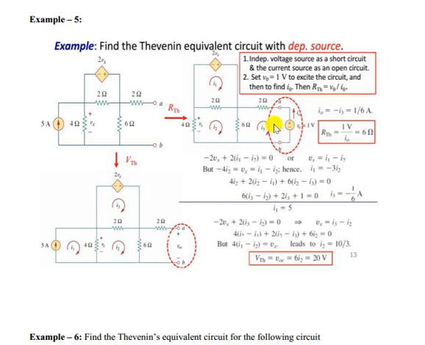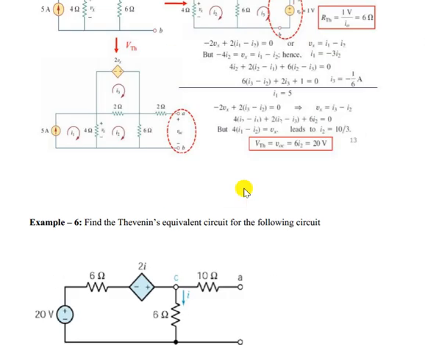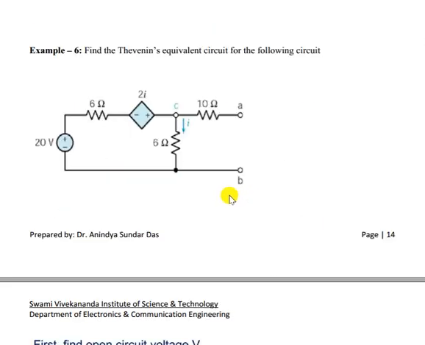Okay, then I3 value is flowing downwards but I0 is flowing upwards, so I0 equal to minus of I3, that is equal to 1 by 6. So RTH is equal to V0 by I0, V0 equal to 1 volt, 1 volt by 1 by 6, that is 6 ohm. So we got VTH and RTH. This is using the test voltage method or test method. Now we can connect a current source here also. We can find out the voltage drop across that current source. Then RTH is V0 by I0, and the current source value we can assume as say 1 ampere also.